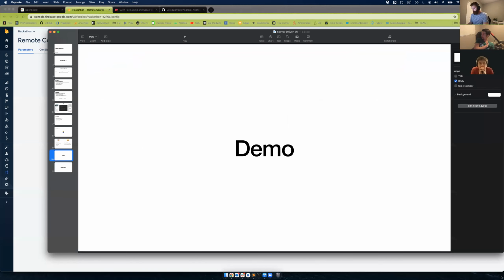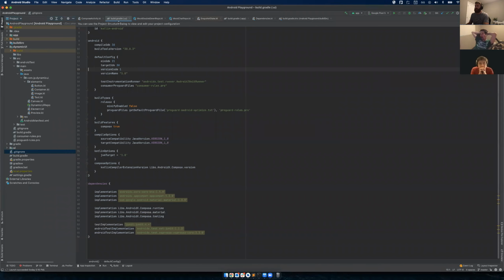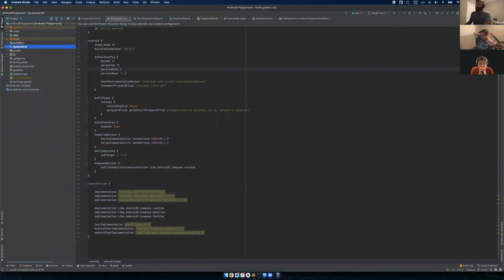Now we'll go into a demo. So this was my hackathon project at FanDuel. And what I have here is I chose to demo the elements approach of server-driven UI. So this dynamic UI module is basically all the brains of it. So if you come in here,